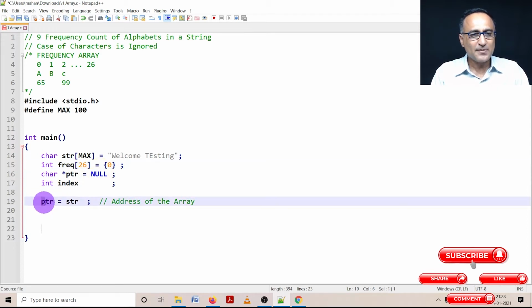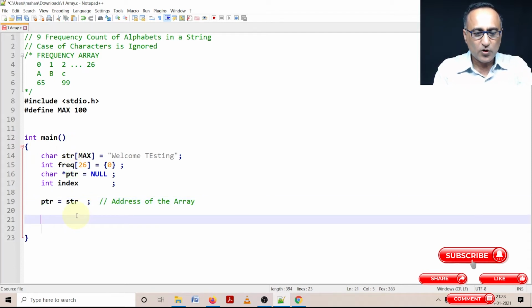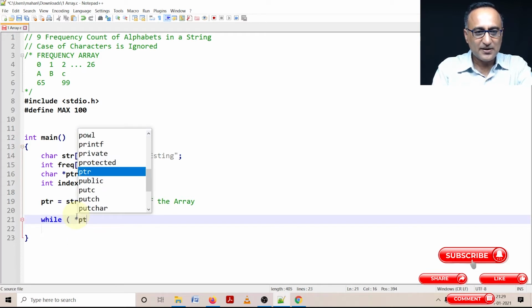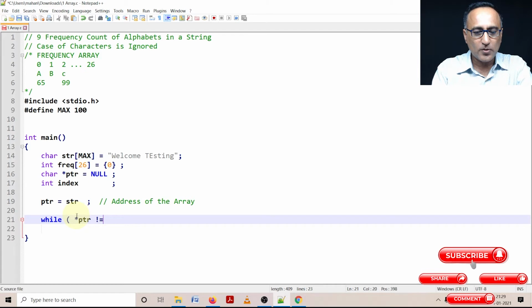In the first step, I am saying PTR is assigned the address of this particular array of characters. Then I am doing a while loop: star PTR, that means the location pointed to by PTR, is not equal to null.